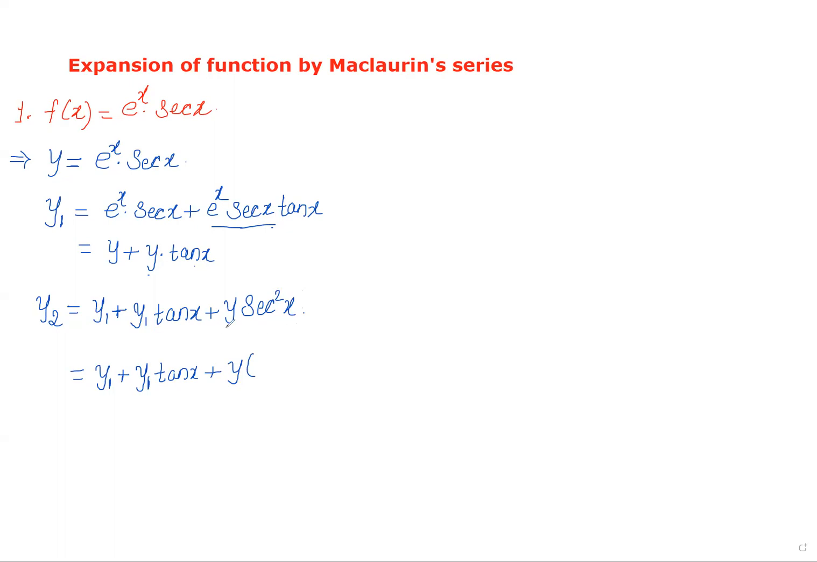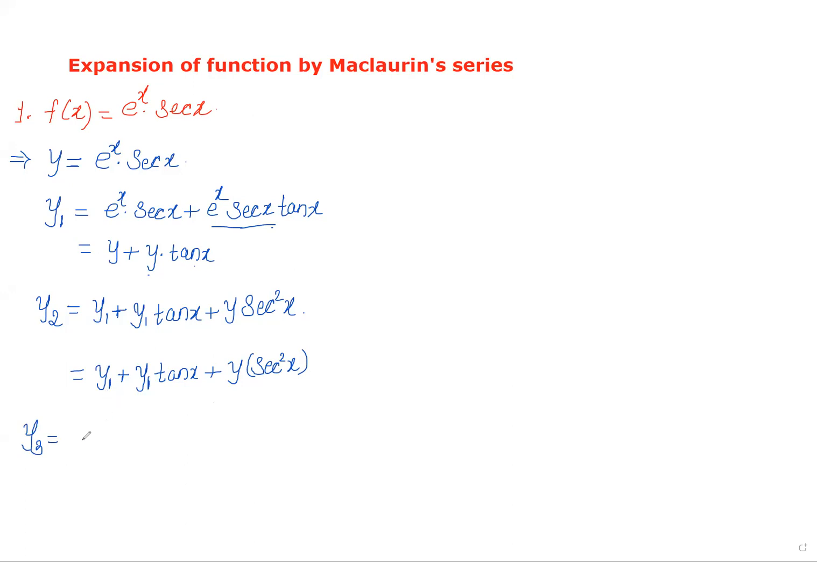So here, y into sec square x, is it possible to convert to 1 plus tan square x? I think there is no need to convert it. So put this sec square x as it is. Again if you differentiate this function, we get the third derivative y3 is equal to y1,